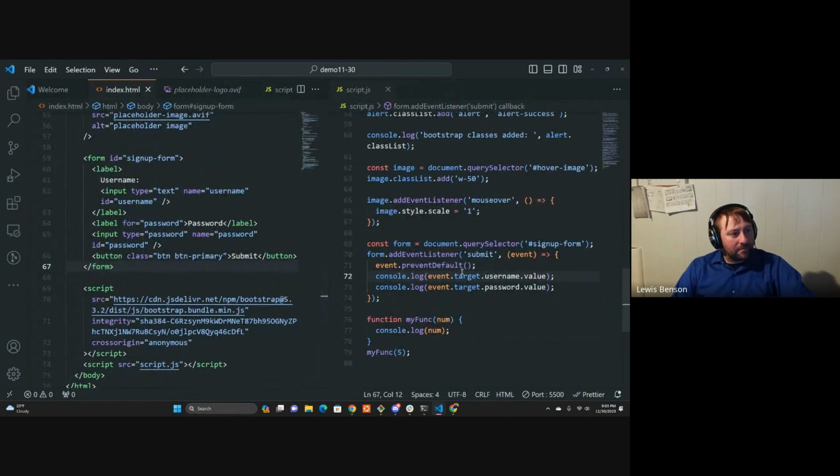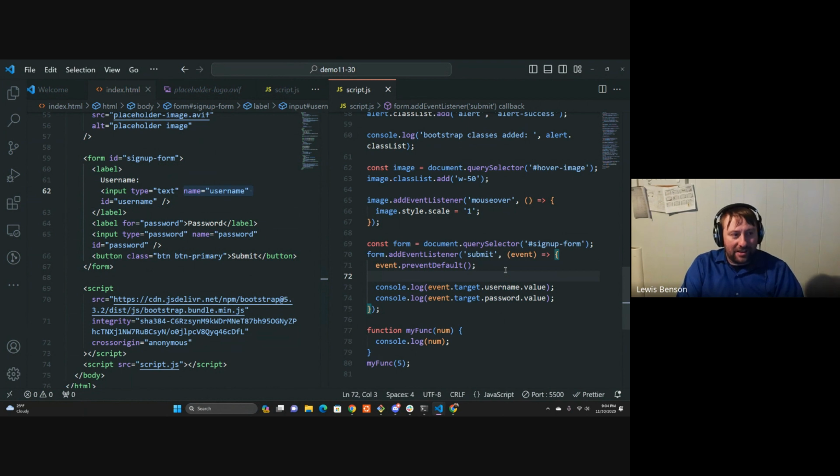So in the form, the event.target is referring to all of this. The .username is referring to this, the name. So whatever you name these input fields, that's why the name property is important, by the way. Whatever you name these is how you access them. Without the .value, this gives you the entire element. If you were to do event.target.username, you could do something like this, which I don't know why you'd want to do this, but you could say